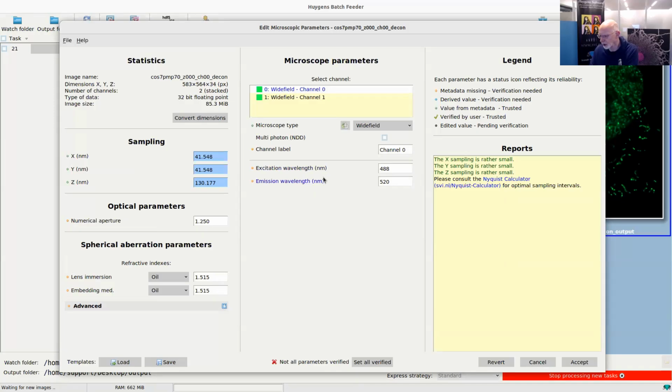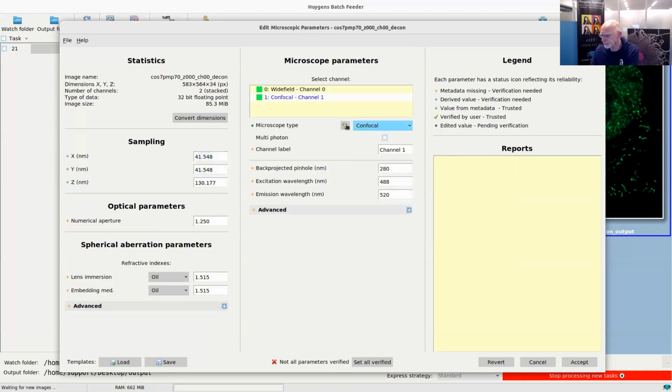They are also colored orange, as well as the channel label, but also the excitation and emission wavelengths. And both channels are set to wide field, whereas this is in fact a confocal channel. So we can change all this